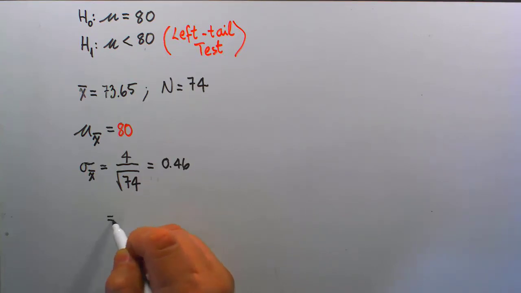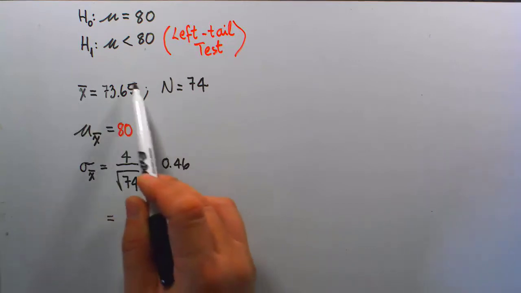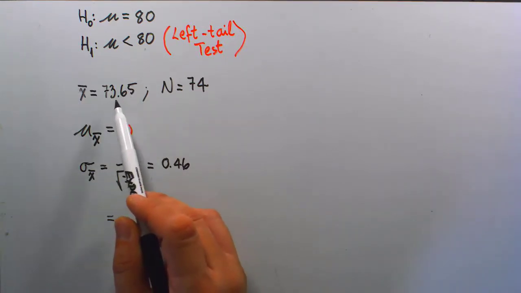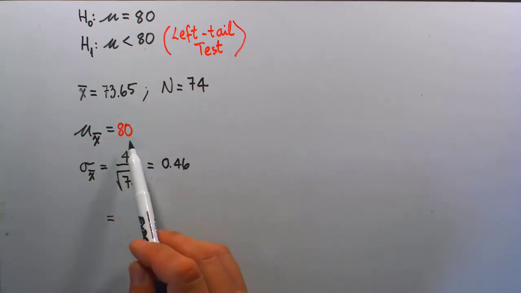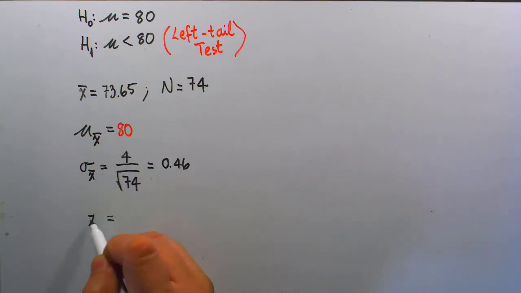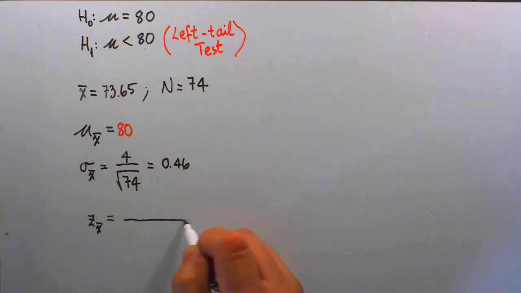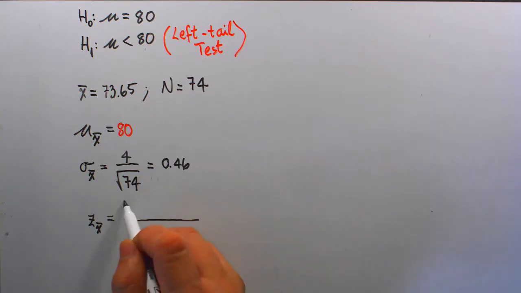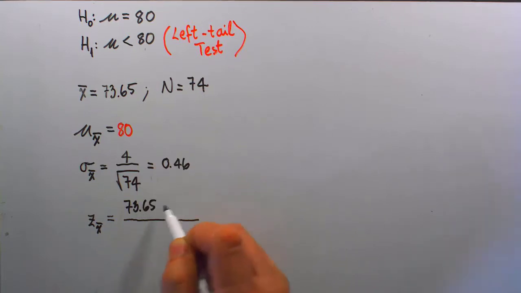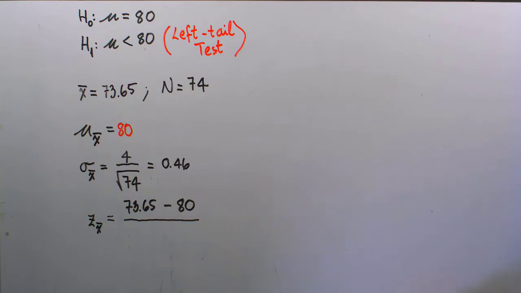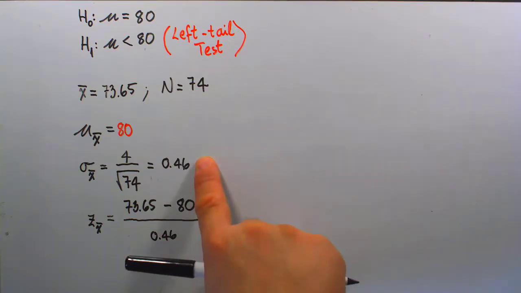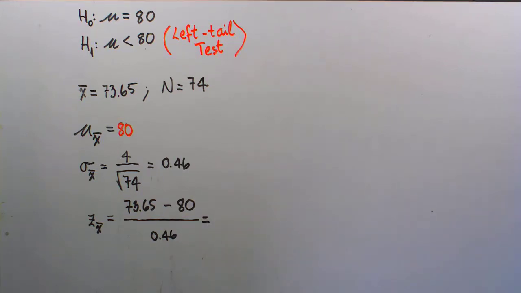And then in the next step, since our sample mean is not the only sample mean out there, there are infinitely many, what we know is where our sample mean is relative to the center of all sample mean values, and so we have a z-score for our particular sample mean. Symbolically, z-score, but I use an optional subscript x bar here to indicate this is the z-score specifically for the sample mean that we currently have. Calculating the z-score is just like it has always been. The value of our sample is 73.65. Subtract the center of all sample mean values and divide by 0.46. Note how this 0.46 came from the sigma x bar value. The final calculation comes out to be negative